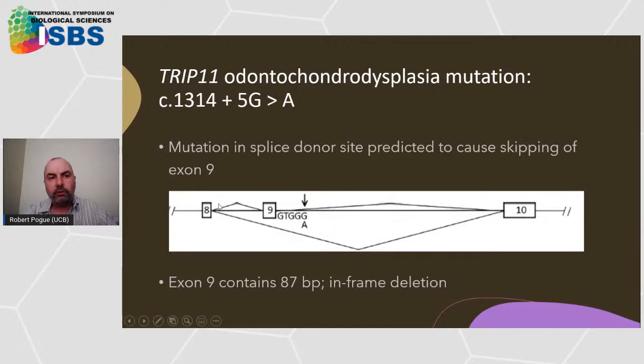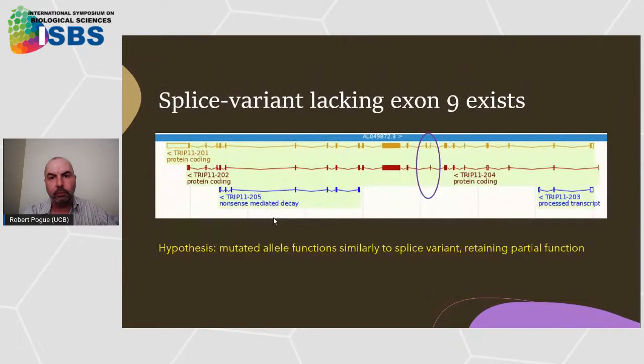So the prediction, or initial hypothesis, was that we would get a shorter protein missing the amino acids encoded by exon 9, but that still most of the protein would be present and that it would still retain a good part of its function. And so this would help us to explain why mutation in the same gene could cause a lethal and a non-lethal phenotype. So going to the Ensembl website, we discovered that, in fact, there is already a naturally occurring splice